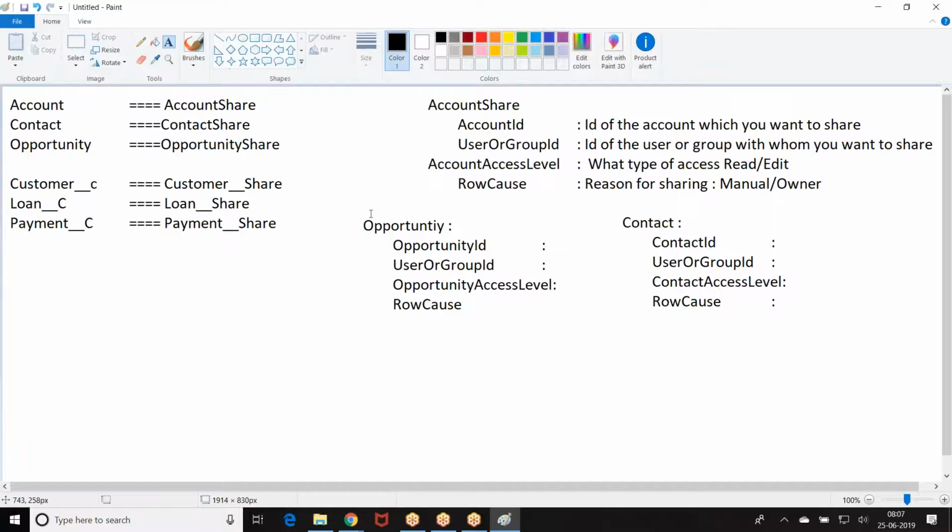Some of the fields are fixed, some of the fields are based on the object. Object name followed by ID, object access level, right? So every object has the corresponding fields.